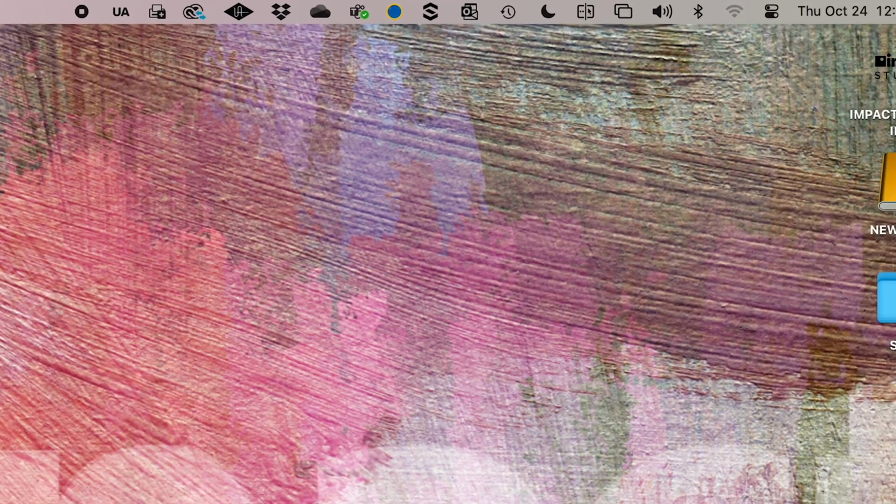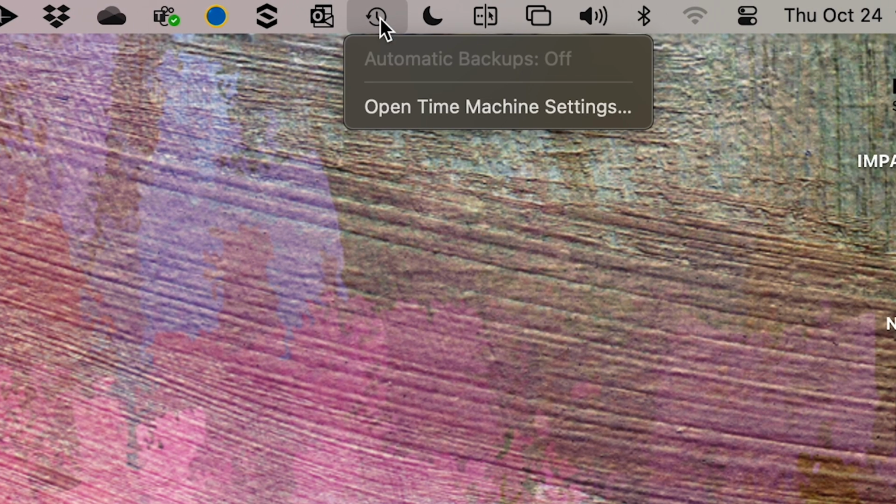Hold your pointer over the pop-up that appears, click Options, then choose Setup to use this disk as a backup disk with Time Machine. If you choose Close, Time Machine closes, and the disk connects as a regular disk. To set up a disk in Time Machine settings, click the Time Machine icon in the menu bar, then choose